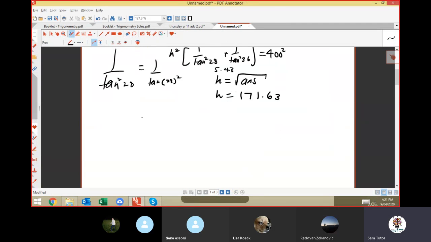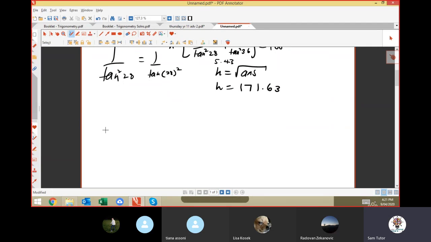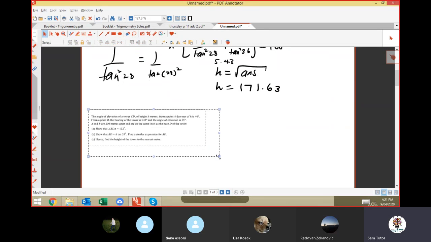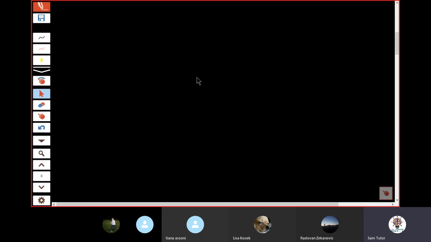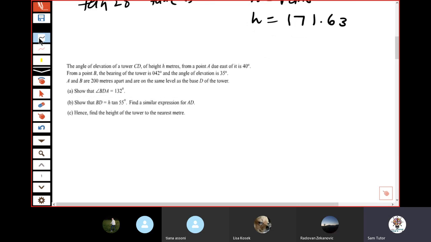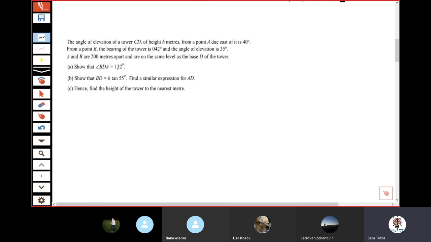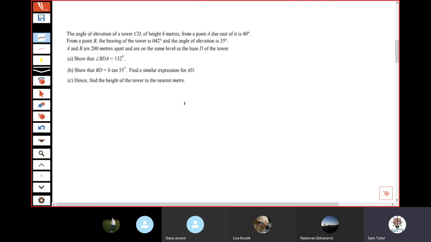All right. B is going to have a bearing as well now, as well as an elevation. But you should be okay if you're doing it the way I've been teaching it to you. You should be okay with this. Here we go. The angle of elevation of a tower CD. Well, already, you know,